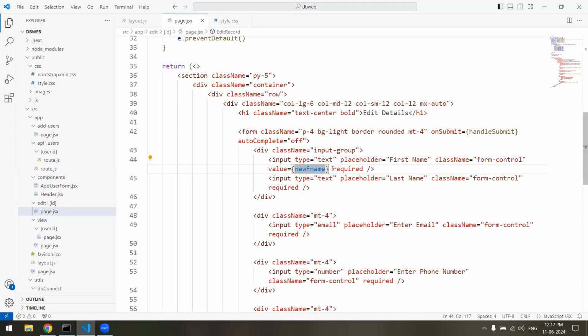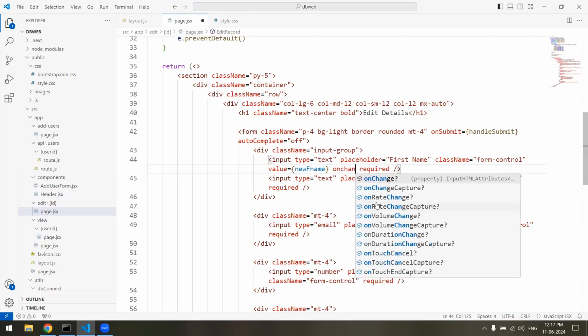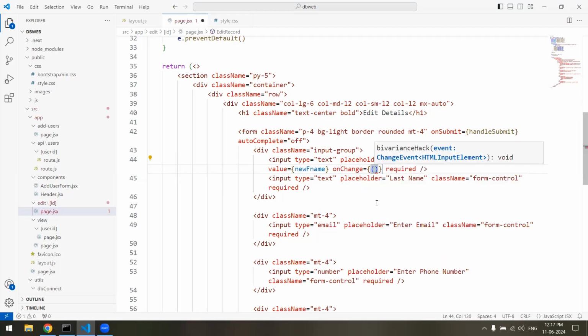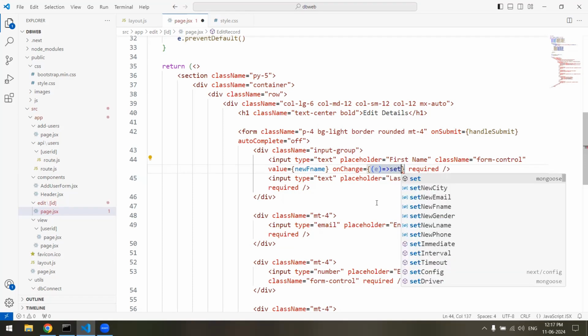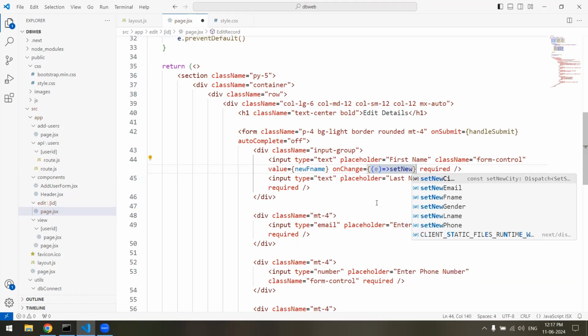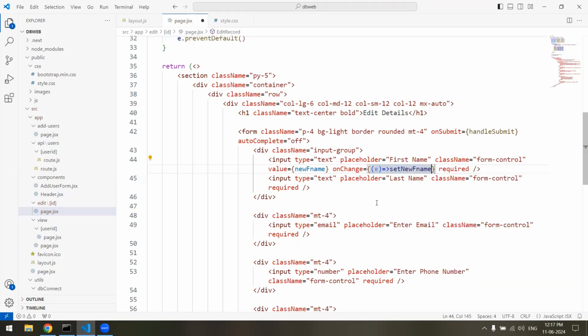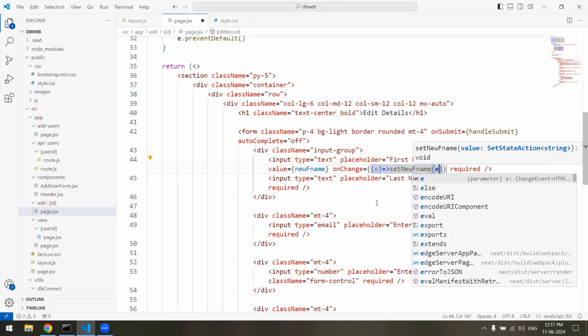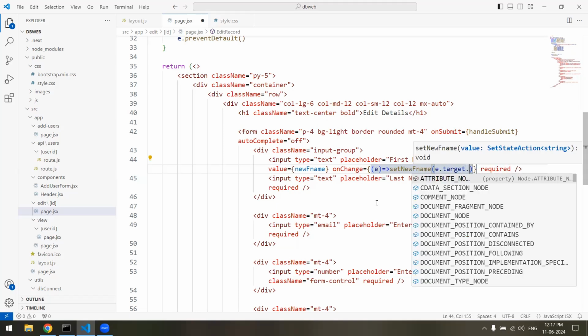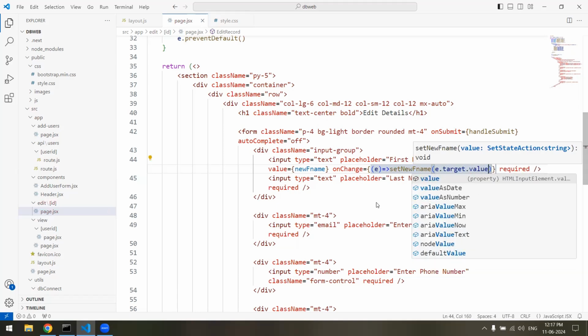So new f name, and then we'll write on change equals to e, and then set new f name e dot target dot value,